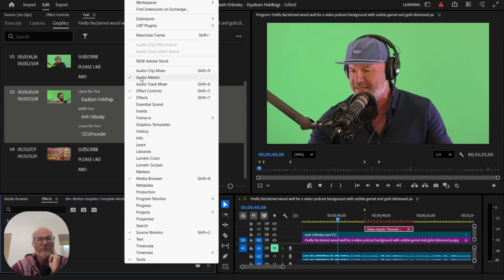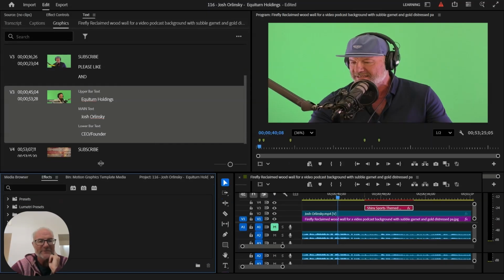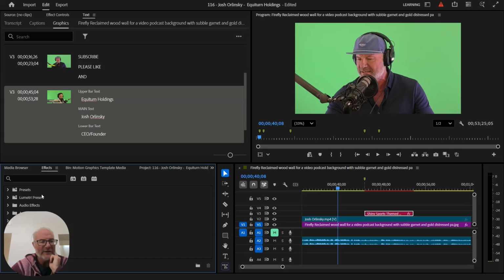You can do shift +7, which will bring it up. I usually just go to windows and do that, but it's completely up to you. There's several ways to get there. And then you're going to go to video effects, or at this point, you should know about the Ultra key. So you can just type Ultra in the search bar, and then that will show up there. You are going to click and hold and then drag it over into